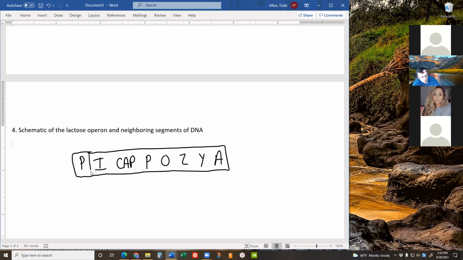But right now, we're just drawing a schematic. Okay. What you have right now is a schematic of some genes, and I'm going to define them, but it's